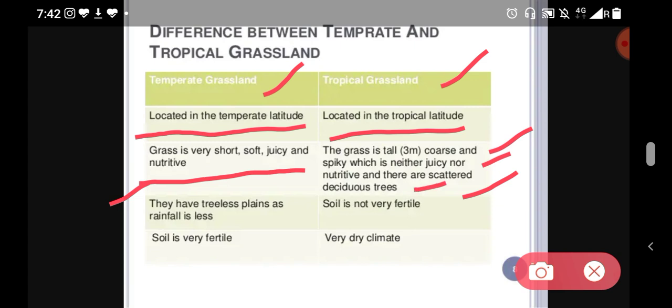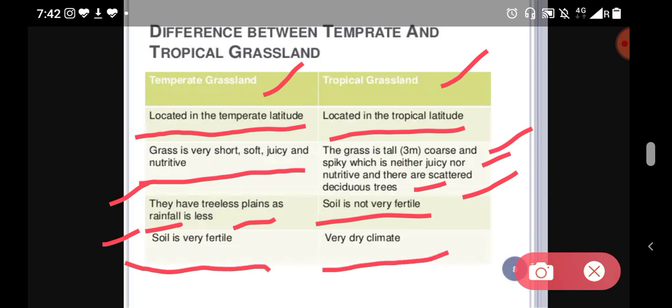Temperate grasslands have treeless plains as rainfall is less. In temperate grassland, the soil is very fertile, but in tropical grassland the soil is not very fertile and the climate is very dry.